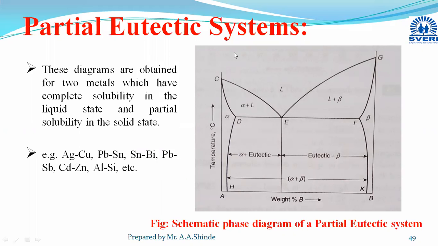After drawing this diagram and explaining the different lines and their importance and the newly added terms, two terms are added here, and those are alpha and beta. Alpha is the solid solution of element B in element A. As it is partially soluble, it forms a solid solution. Then beta is the solid solution of element A in element B. As A is partially soluble in B, it will form the beta solid solution. A small amount will get dissolved and they will form the respective solid solutions.